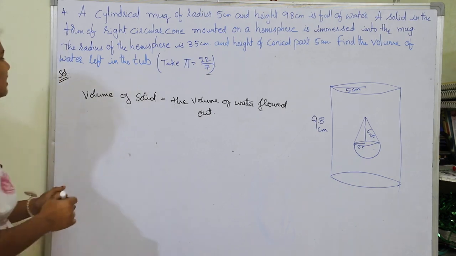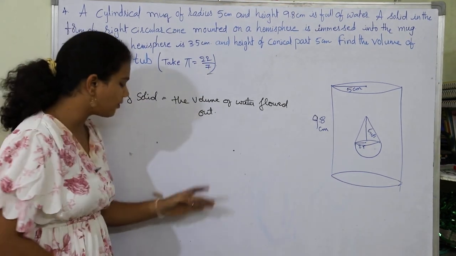So the volume of solid equals the volume of water which has been flowed out, because